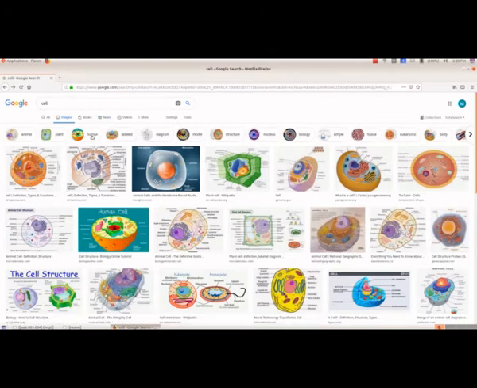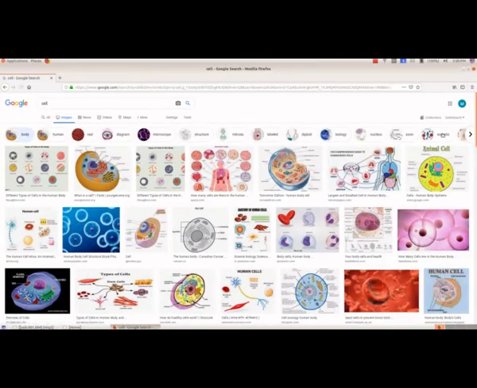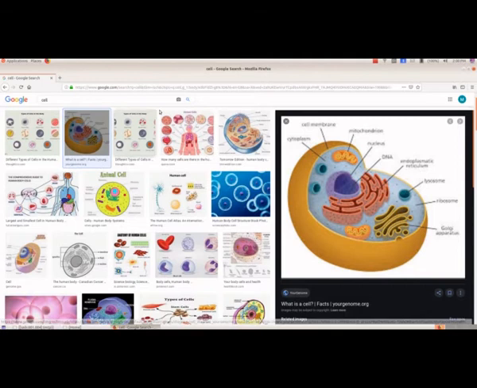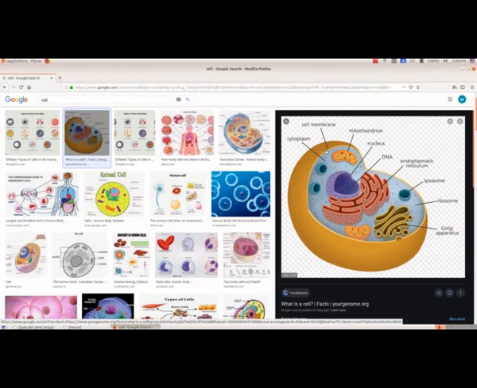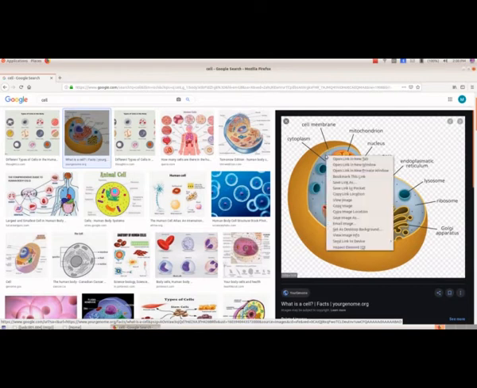Here we will select a human cell, body. Here we have body. So we will see how we can save this. We will select this one, and when you click, you will get the picture here.